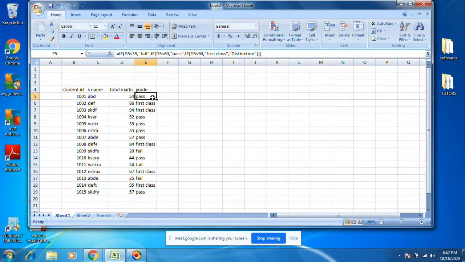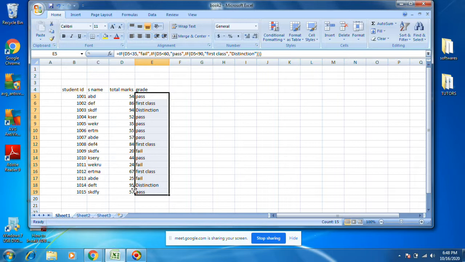Let's see. If the value is less than 90, first class. First less than 35, fail. Again less than 60, pass. Again less than 90, first class. Again greater than 90, distinction. Let's drag down and see the changes. You see distinction came.